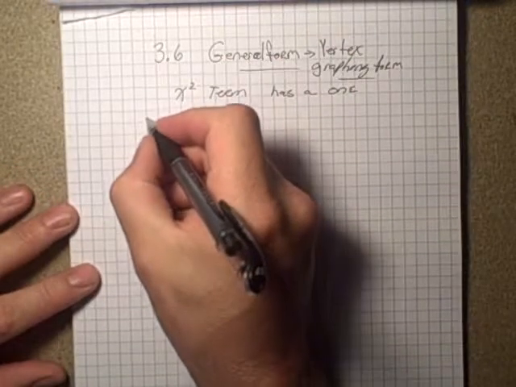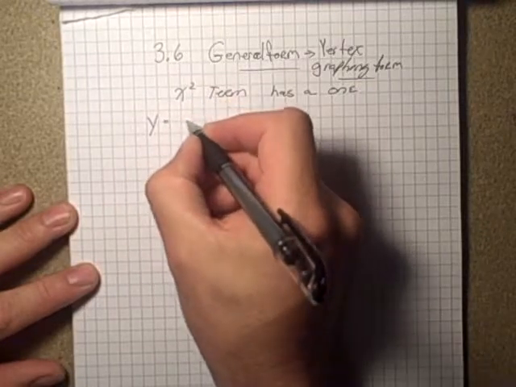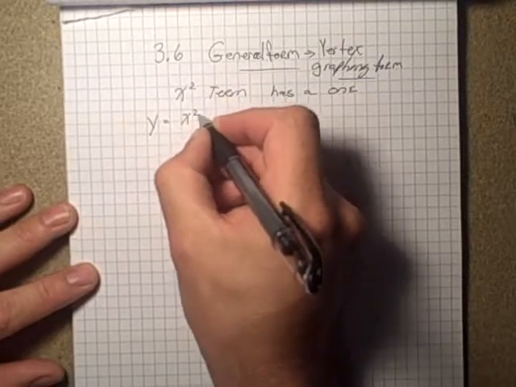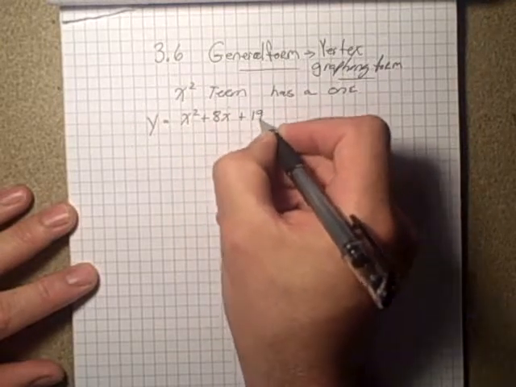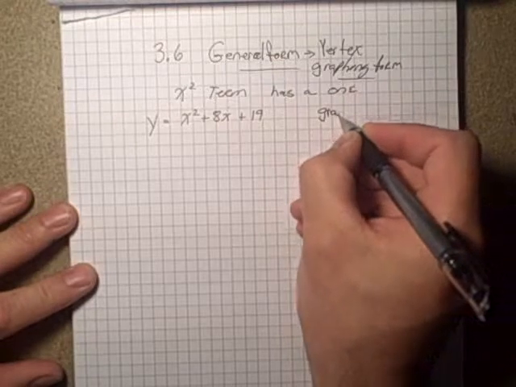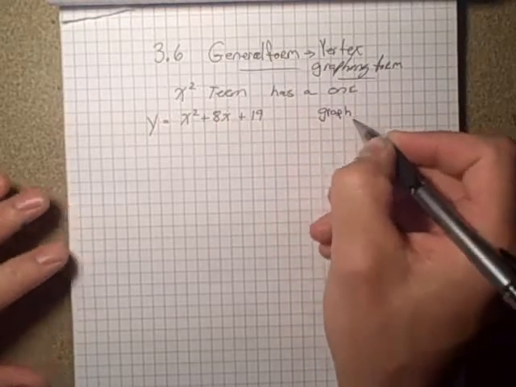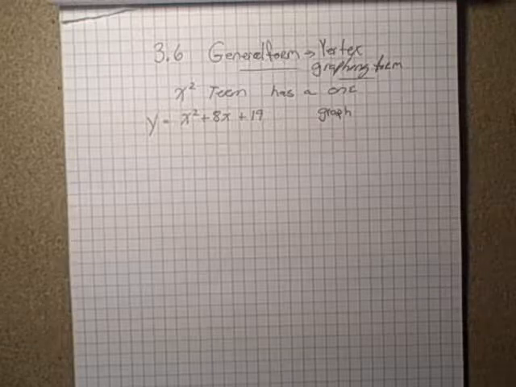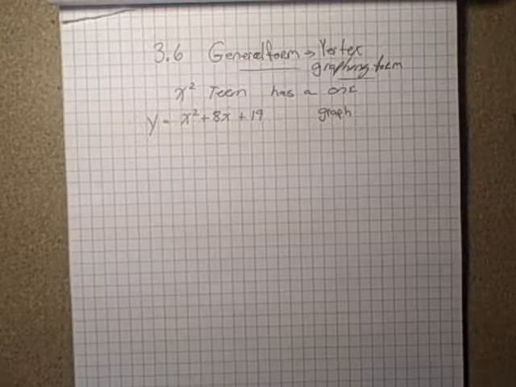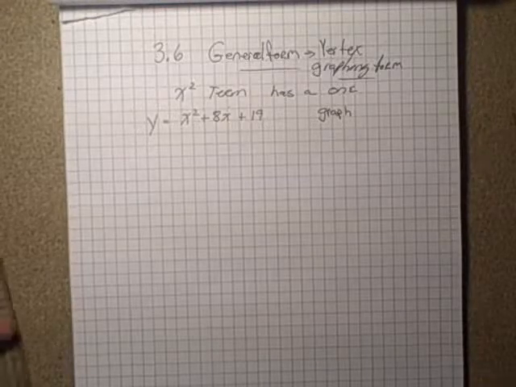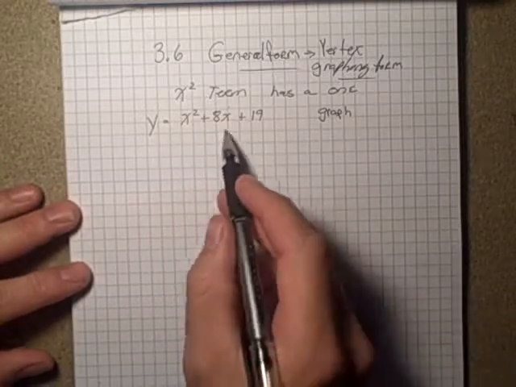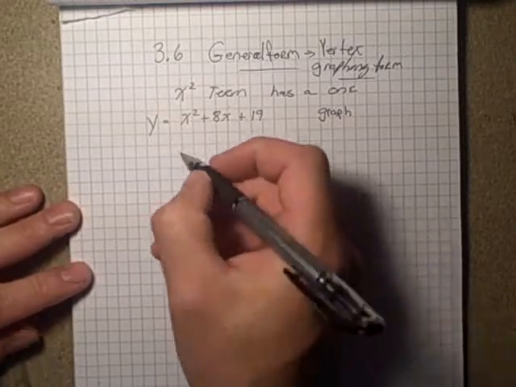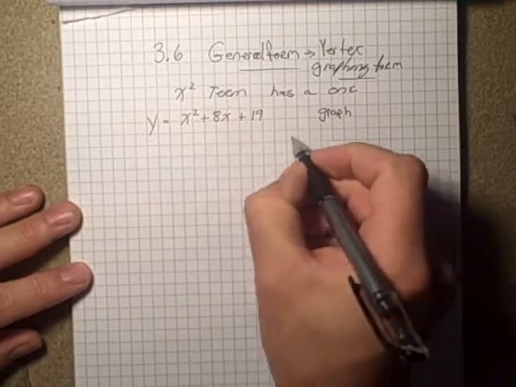Let's say we have an example here. And we want to graph this and state the vertex points, the axis of symmetry, and everything else that would go with a quadratic equation, intercept points or whatever. But we're going to graph this. So what we have to do is complete the square to put this in the vertex graphing form. So completing the square means that